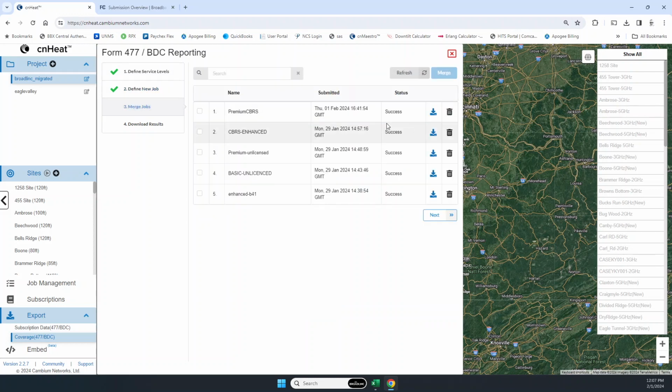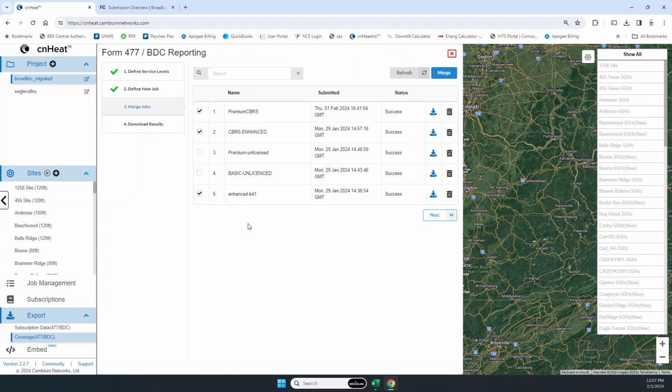Oh, and it just finished. It gave me a success. So it will send it into here and tell you that file is done. Now what I can do after that is already processed. If you want the details of this thing, clearly you need to watch CNHeat's tutorials. They know a whole lot more than I do, and I don't want to tell you wrong, but this is how I'm doing it. So what I'm doing now is I'm going to take my CBRS and my enhanced band